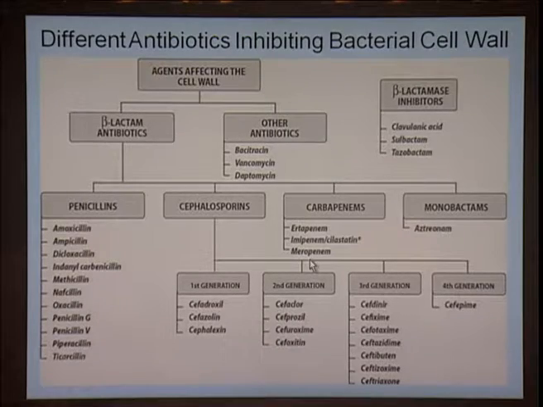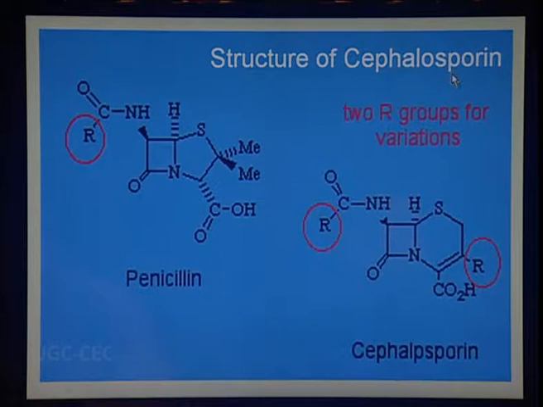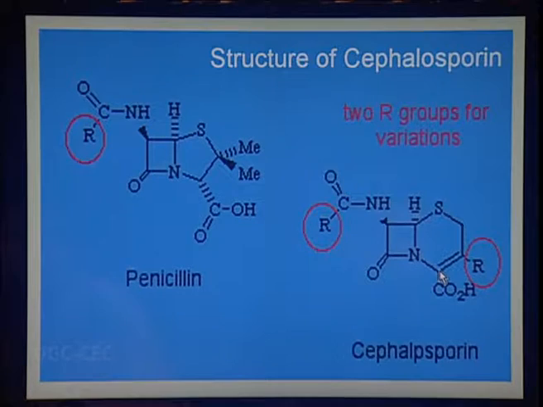And we also have the carbapenem in the form of imipenem or meropenem, and we also have the monobactam, that is the aztreonam. Now, one important thing is that the cephalosporin group of antibiotics is different from penicillin. And how is this cephalosporin active? They are also inhibiting the cell wall biosynthesis of different bacteria, and thereby they are preventing the peptidoglycan formation.